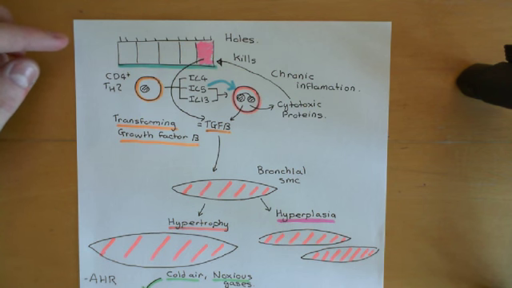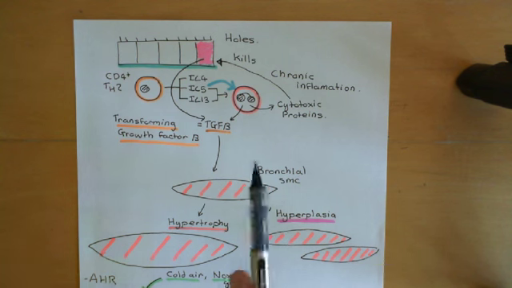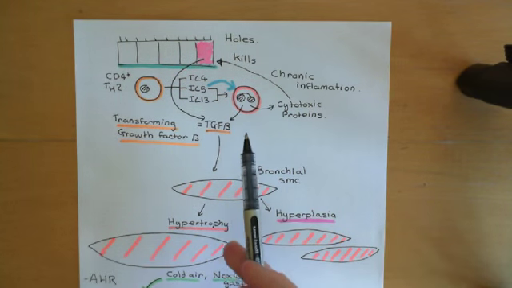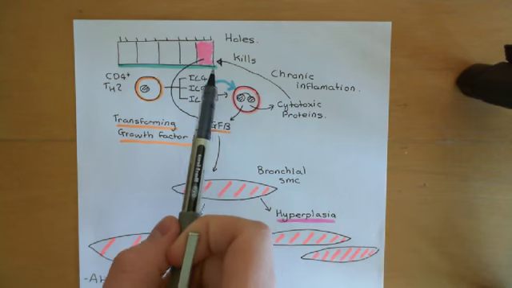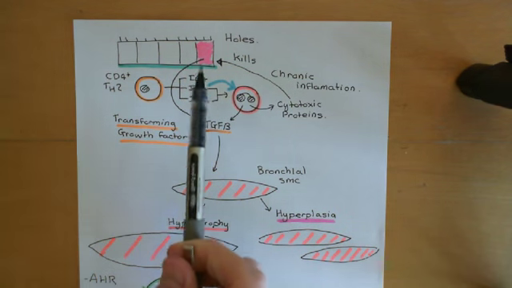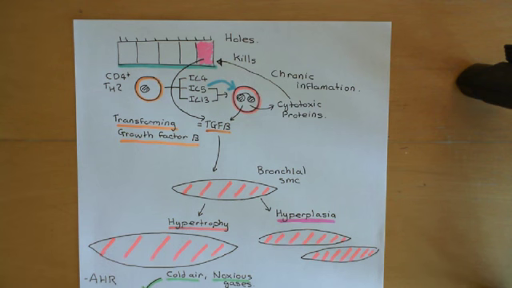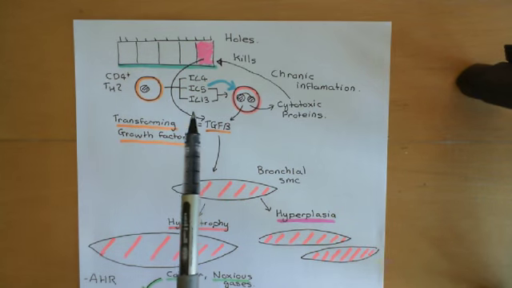The ones that we've seen that are important so far are interleukin 5 and interleukin 13. These cause this airway eosinophilia, this recruitment of a huge number of eosinophils into the lamina propria, and then interleukin 5 activates the eosinophils. The eosinophils then start releasing a huge number of cytotoxic proteins and also the growth factor, transforming growth factor beta. The cytotoxic proteins kill columnar epithelial cells lining the airways and therefore result in the production of holes in the airway epithelium. The dying columnar epithelial cells start releasing a lot of transforming growth factor beta, so we get even